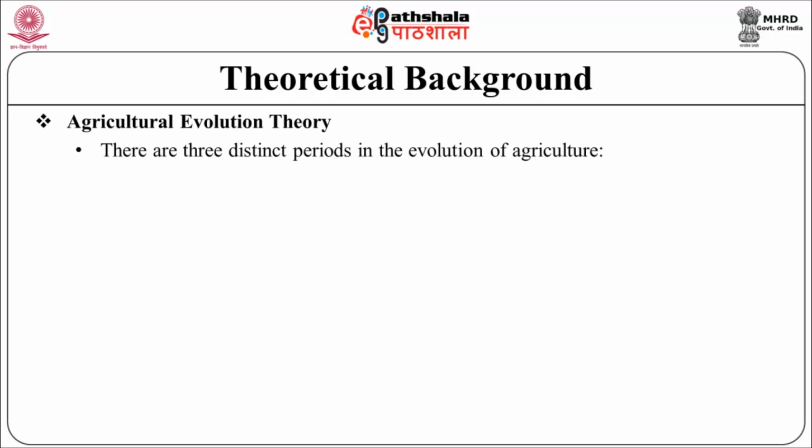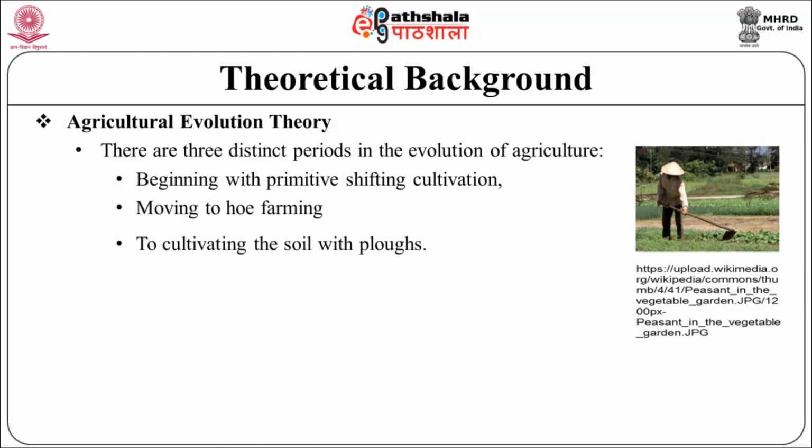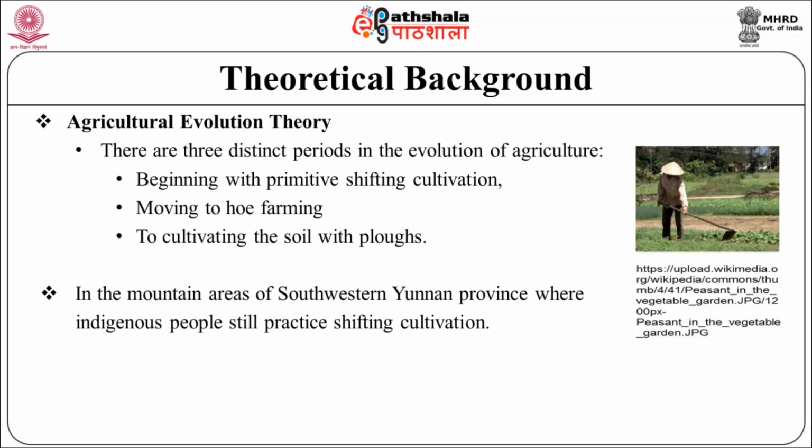Agricultural evolution theory says that there are 3 distinct periods in the evolution of agriculture, beginning with primitive shifting cultivation, moving to hoe farming, and then to cultivating the soil with the plough. Therefore, in the mountain area of southwestern Yunnan province, we can find living fossils where indigenous people still practice